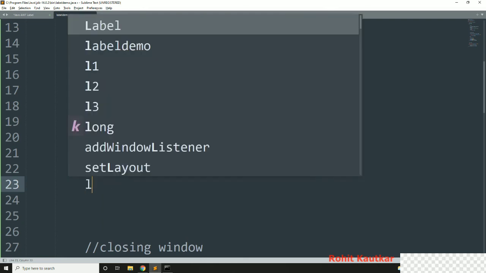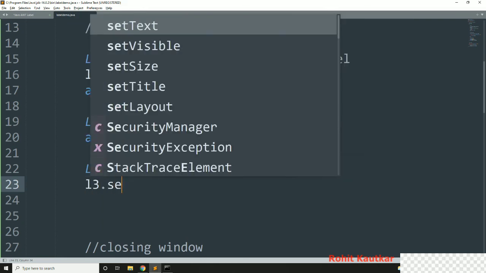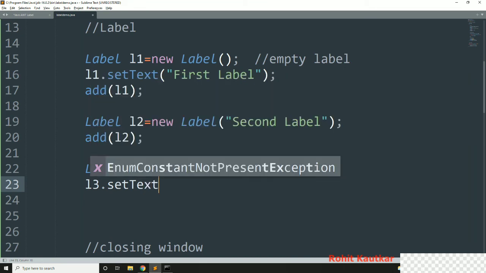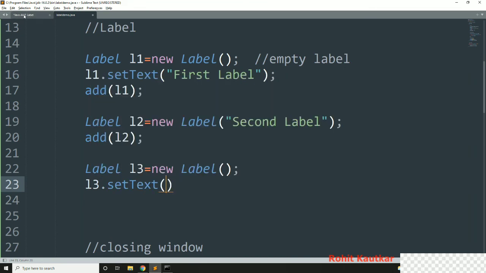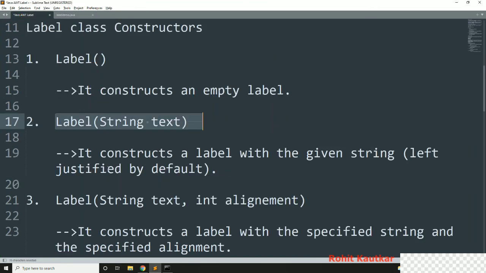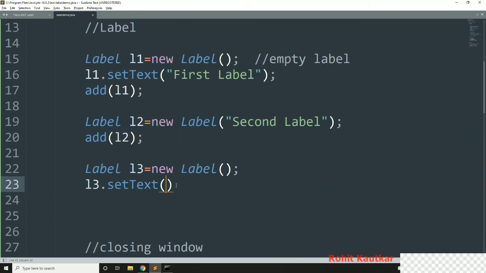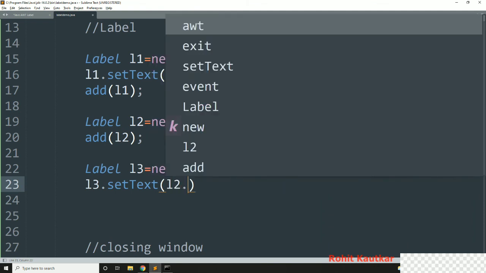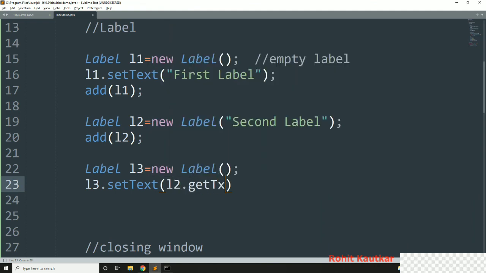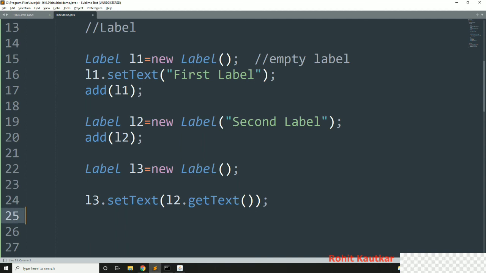Here we will write L3.setText, and here we will pass the getText method, so L2.getText, like this. Then we add L3 to our frame, so add L3.